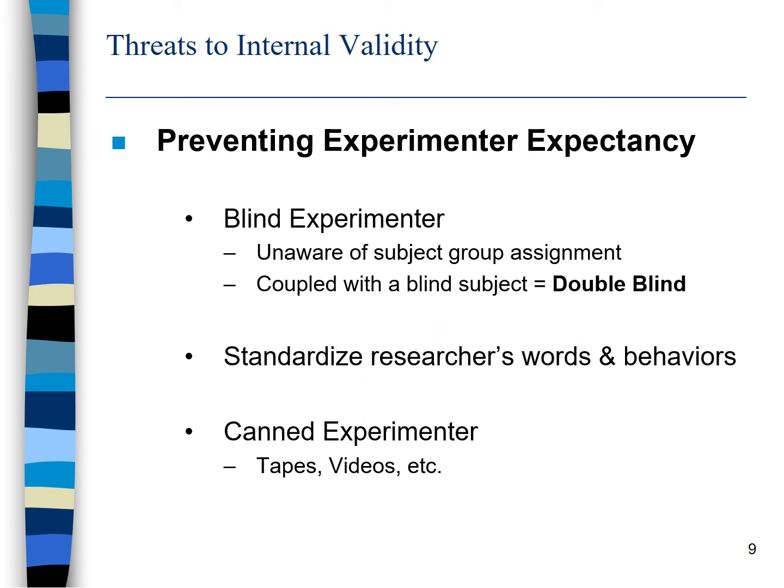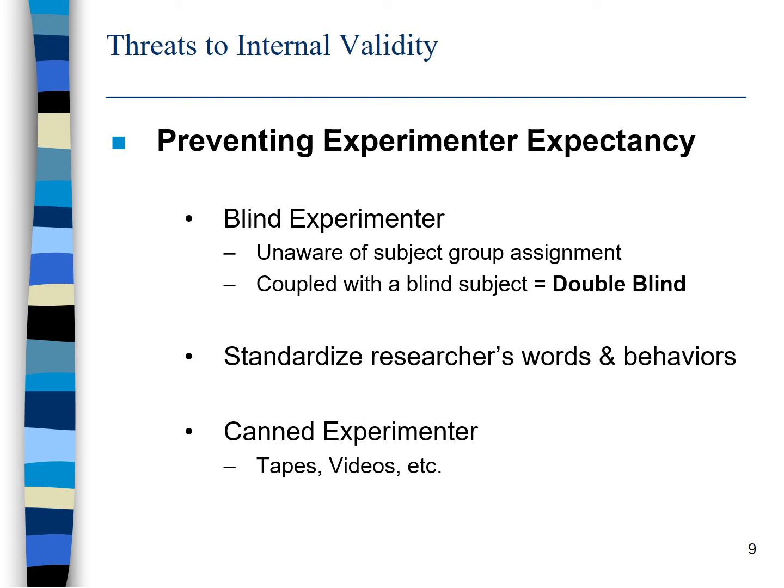Well, since experimenter expectancy focuses on the point of view of the researcher or the research staff, we do something called the blind experimenter. If the research staff doesn't know which subject group they're working with at any point in time, we have what is known as a blind experimenter. And in a really well done experiment, if you have both blind subjects and blind experimenters, you have what is known as a double blind study. You may have heard about this when you've heard about various studies reported in the media, or newspaper, or on the internet. So a double blind study is one of the best ways to prevent contamination within the experimental